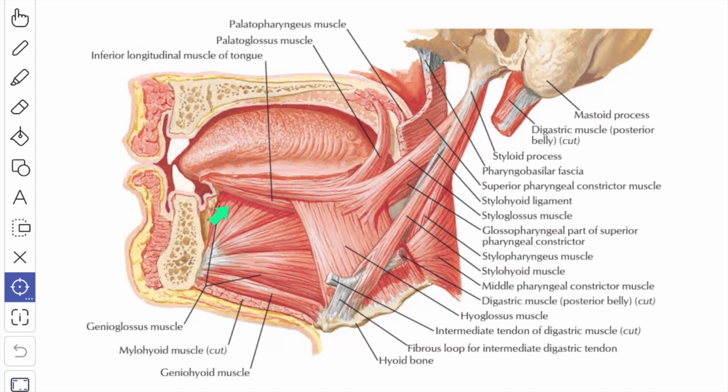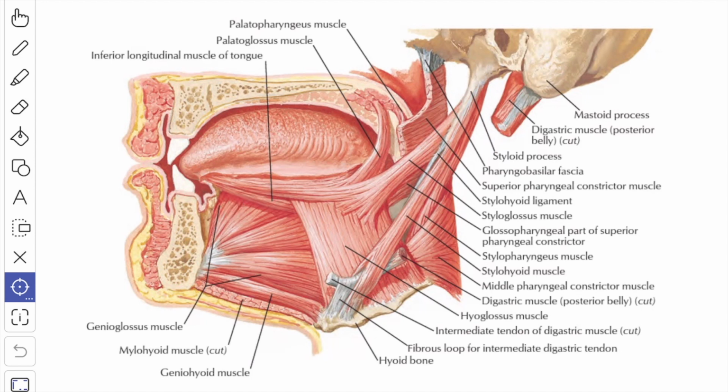First we'll see about the genioglossus muscle. It is a fan-shaped muscle, forms the bulk of the tongue. So it arises from the upper genial tubercles of the symphysis menti of the mandible. Insertion: the lower fibers are attached to the body of the hyoid bone. The intermediate fibers pass deep to the hyoglossus muscle and are continuous with the middle constrictor muscle of the pharynx. The upper fibers pass upward and forward and are inserted into the tongue, extending from the root to the apex.